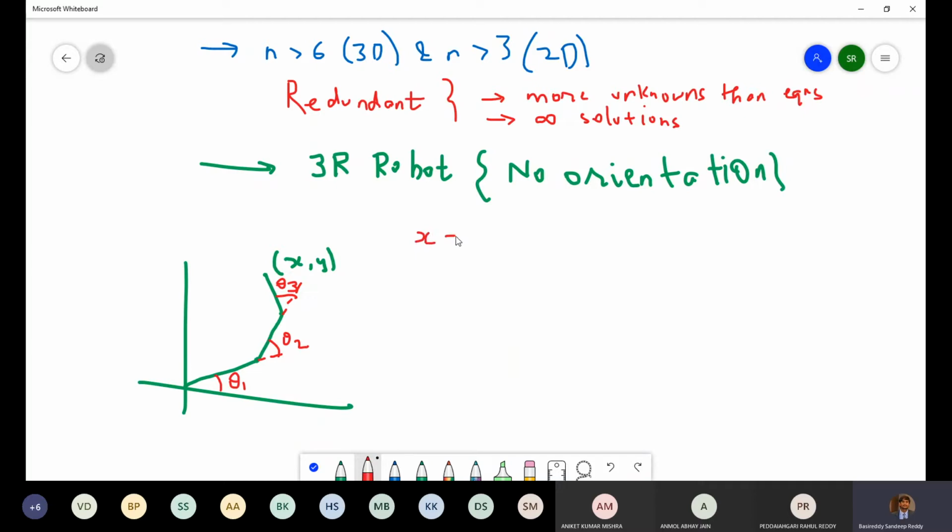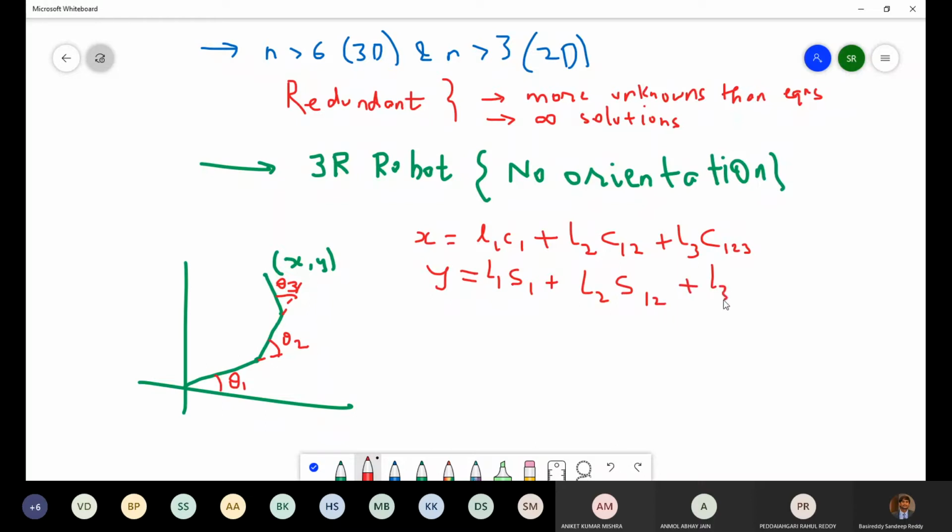That is, for example, x equals whatever, if you remember, it was something like this. So in this case, we are given only x and y.